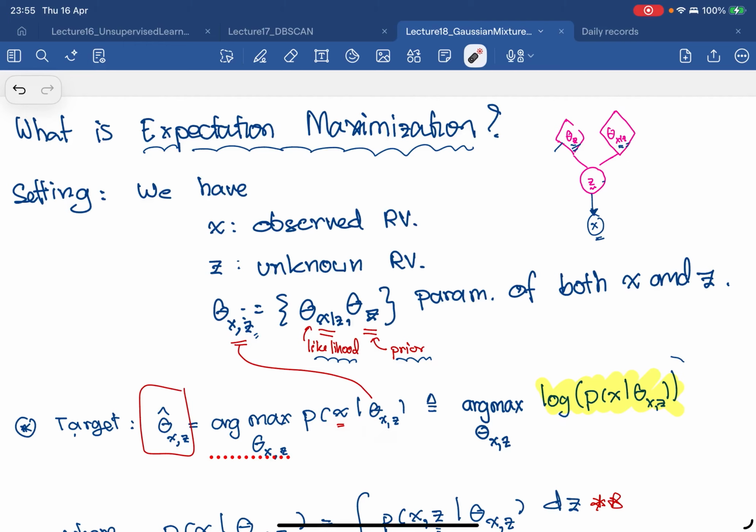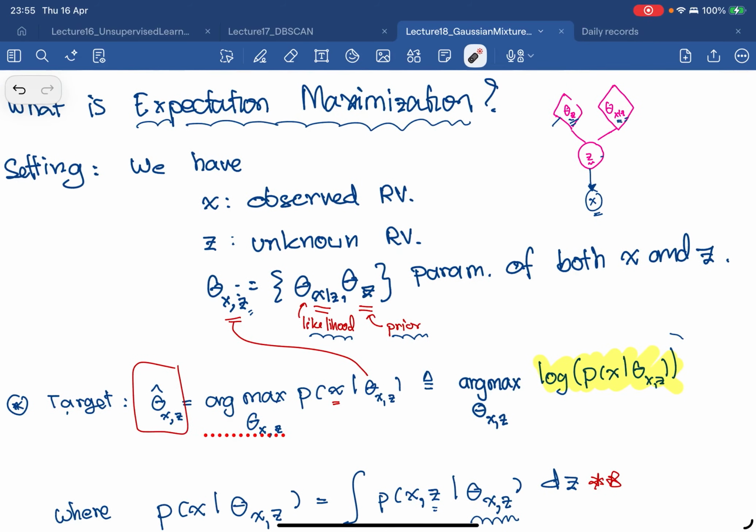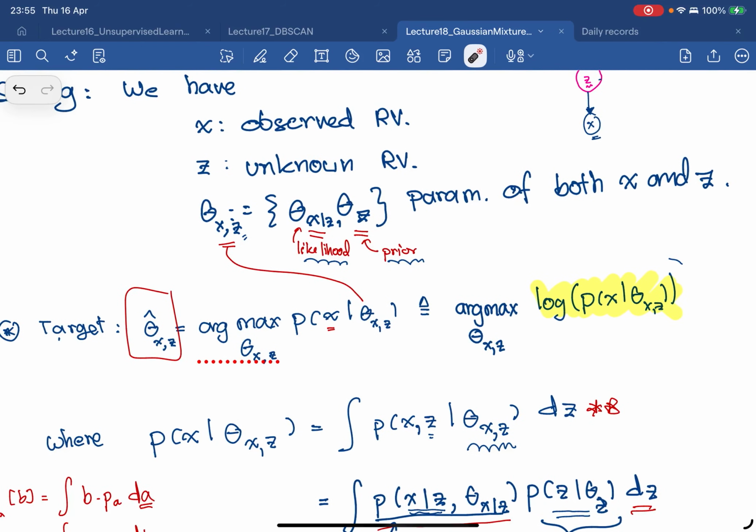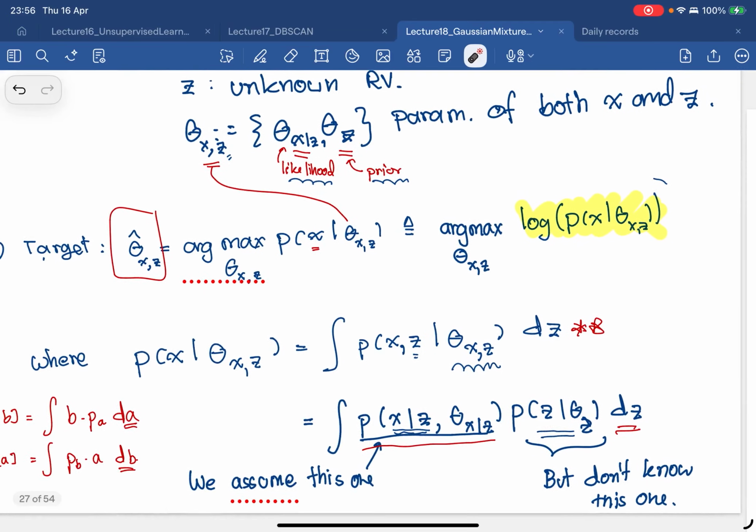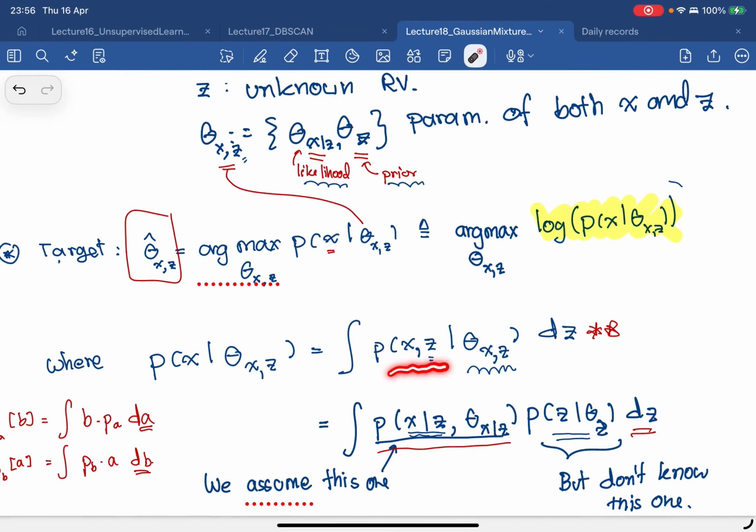observation given unknown จะทำใน log space ก็ได้ ใน pop space ธรรมดาก็ได้ ถามว่าเราจะไปผูกกับ z ได้ยังไง ถ้าเราเขียน pop x ก็ต้องเป็น x given theta x จริงๆ มันไปผูกกับ z ได้ ถ้าเราบอกว่า pop ของ x มาจากการ marginalize joint ระหว่าง x กับ z ถ้าเราแตก joint ตัวนี้ออกมา เราก็จะได้ pop ของ x given z และโมเดลพารามิเตอร์มัน คูณกับ pop ของ z และ prior ของมัน marginalize ก้อนนี้ทั้งหมดจะได้ pop ของ x given model parameter สังเกตไหมตอน Gaussian Mixture เรา assume อันนี้ และนี่คือ prior